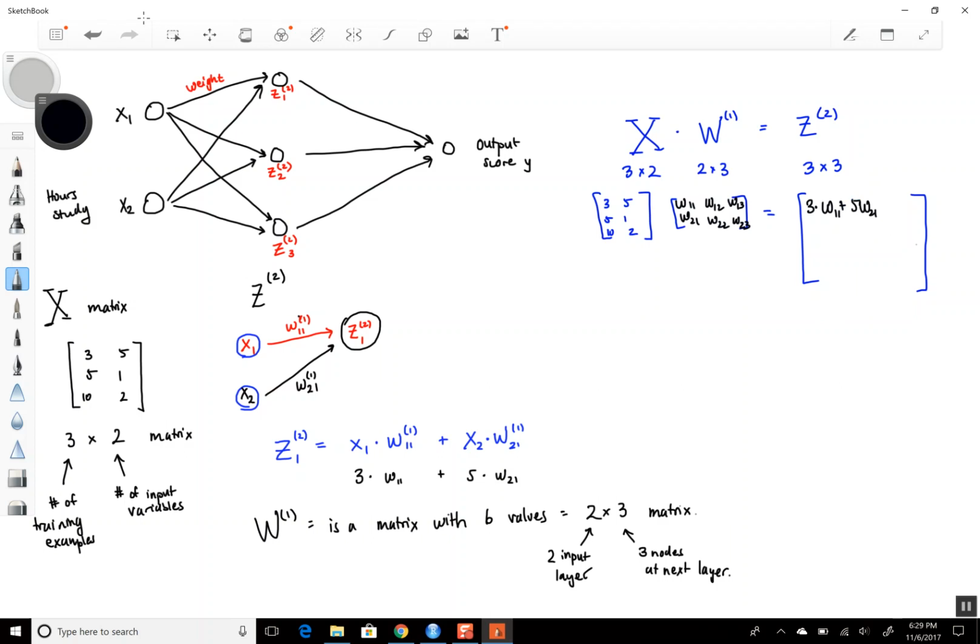Wait, no, I'm sorry. After I multiply it by this, each column, I gotta do this, so we go across, across, across. Oh, each column will be for the observation, and each row will be for the node. I apologize. Okay, so 1 column for each observation, and 1 row for each node. Okay, so in this case, we happen to have 3 observations, and that's why it's going to be a 3 by 3 matrix. Okay. So that's what we have